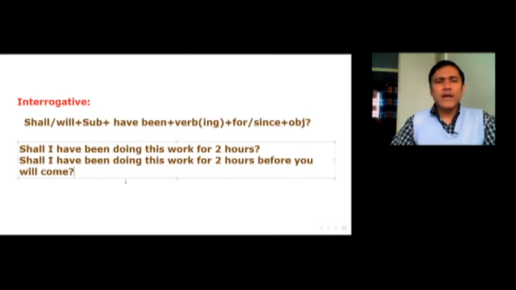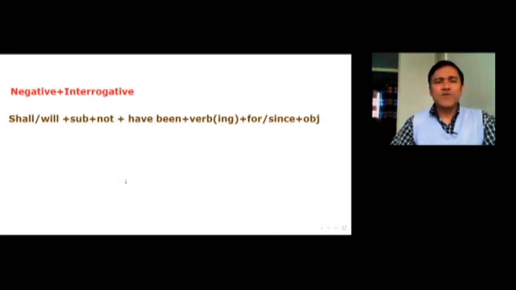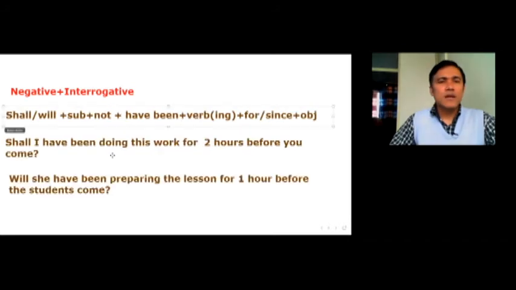Then how we can make negative interrogative to future perfect continuous tense? So now have a look on how to make negative and interrogative sentence. The structure is here: shall, will plus subject plus not plus have been plus verb ing plus for, since plus object. Here are two examples. As you can see, shall I have been doing this work for 2 hours before you come? This is an interrogative sentence. And another example of interrogative sentence is here: will she have been preparing the lesson for 1 hour before the